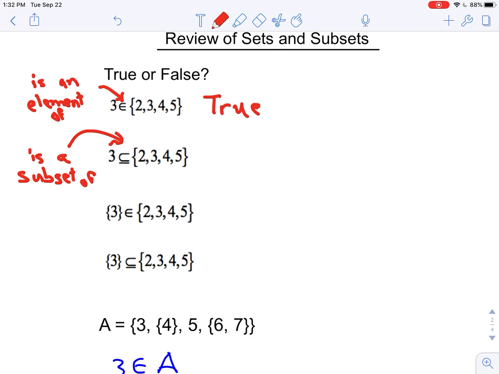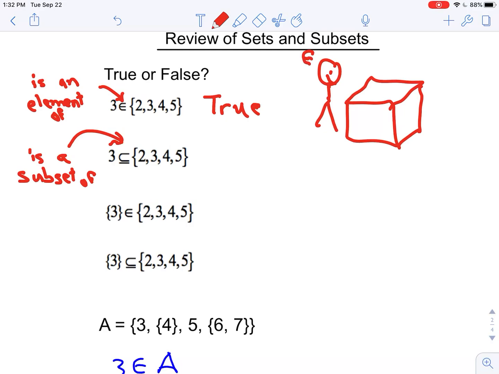Remember, by the way, we looked at this. This is the box man talk, right? Remember box man? He had a box, and he's looking in. When it's an element of, he's just looking into the box, and does he see a 2 or 3, or 4 or 5? There's 2, 3, 4, and 5 in the box. Does he see a 3 in there? Yes, he does. 3's floating around in there. Do not confuse